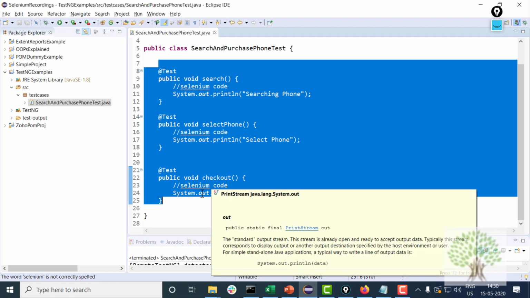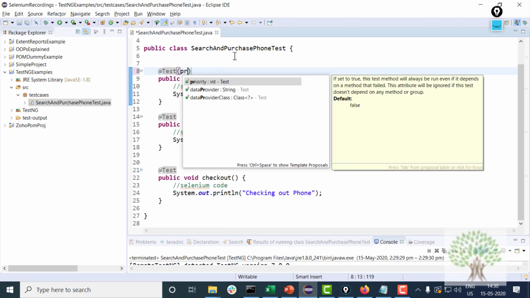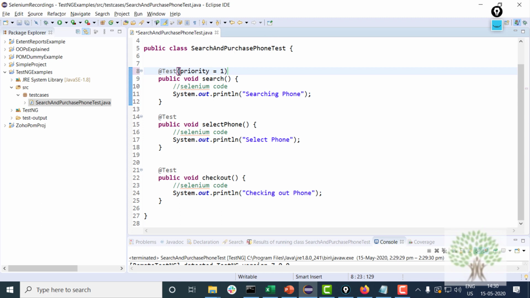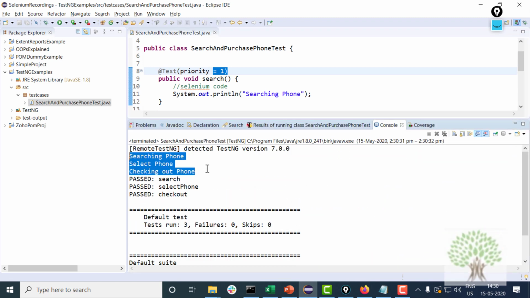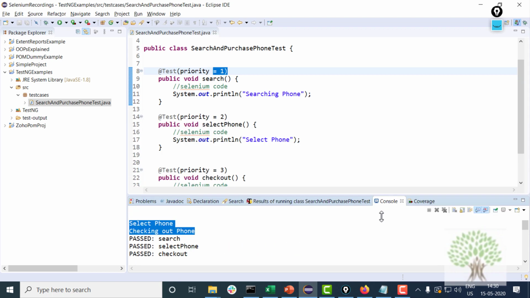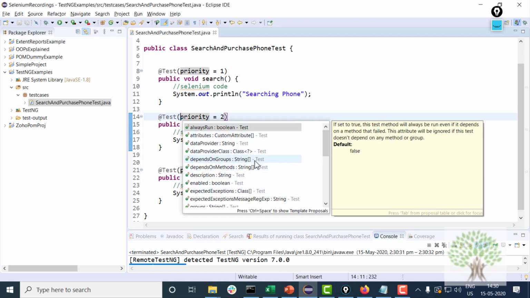You have to prioritize the test cases. You have to write over here that priority of this test case is 1. Then priority of the other test case is 2. Priority of other test case is 3. Okay, 1 being the highest one. Fine. So when you run this, you will see that now it will run in that particular order. So over here in the brackets you can mention priority. There are many other options as well which we will be looking at.